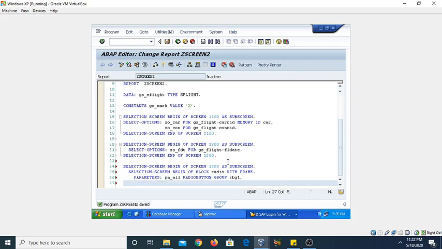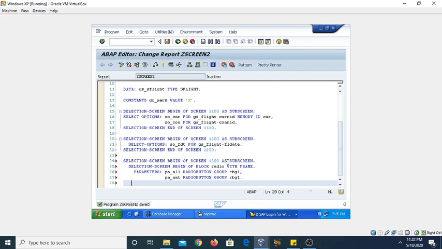Similarly, I am creating another one, PA_national, and then radio button group RBG1. Now ending the selection screen. So selection screen end of screen, and the screen number is 1300.